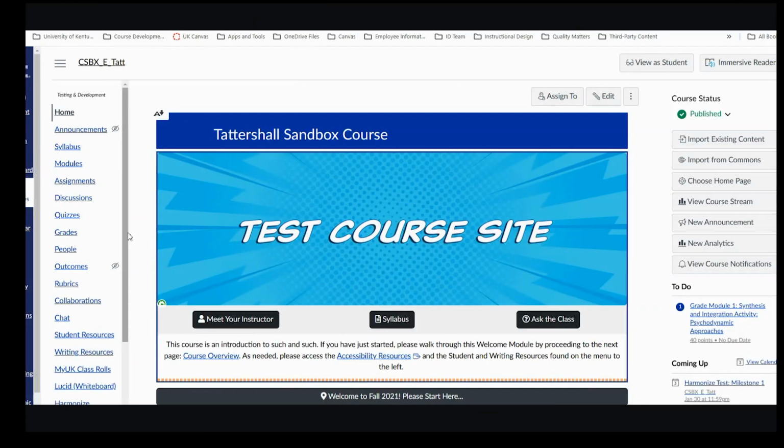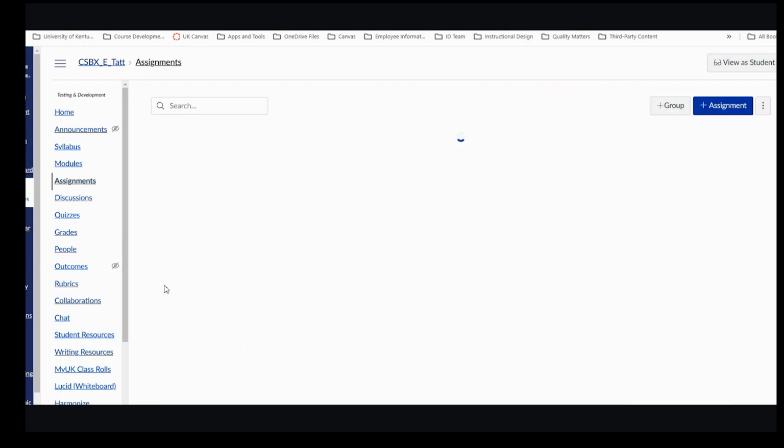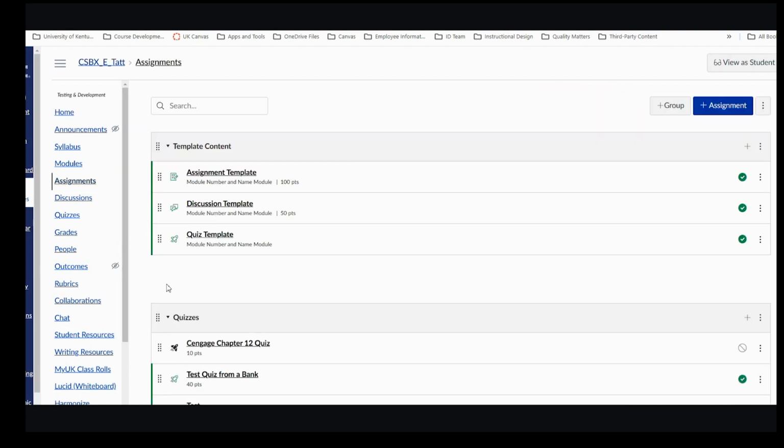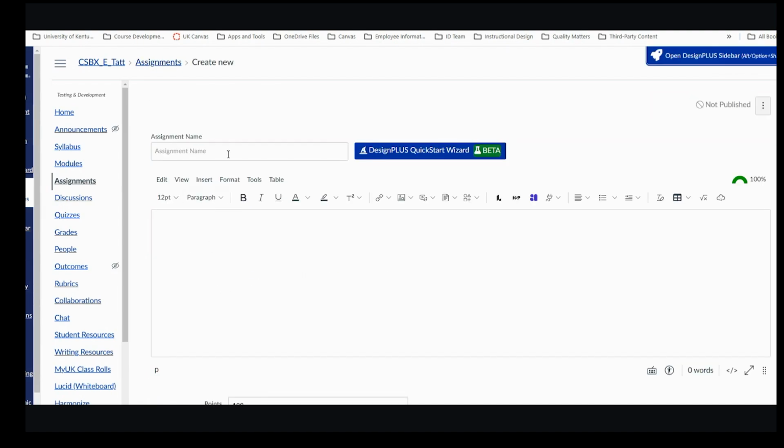Want to set up a Harmonize assignment in your course, a discussion, or a PDF annotation? Go to the Assignments tab. Even if you're setting up a discussion, the way the LTI tool is set up in Canvas, it will always recognize it as an assignment. So go to the Assignments tab, choose the option to add a new assignment, and for our case, we're just